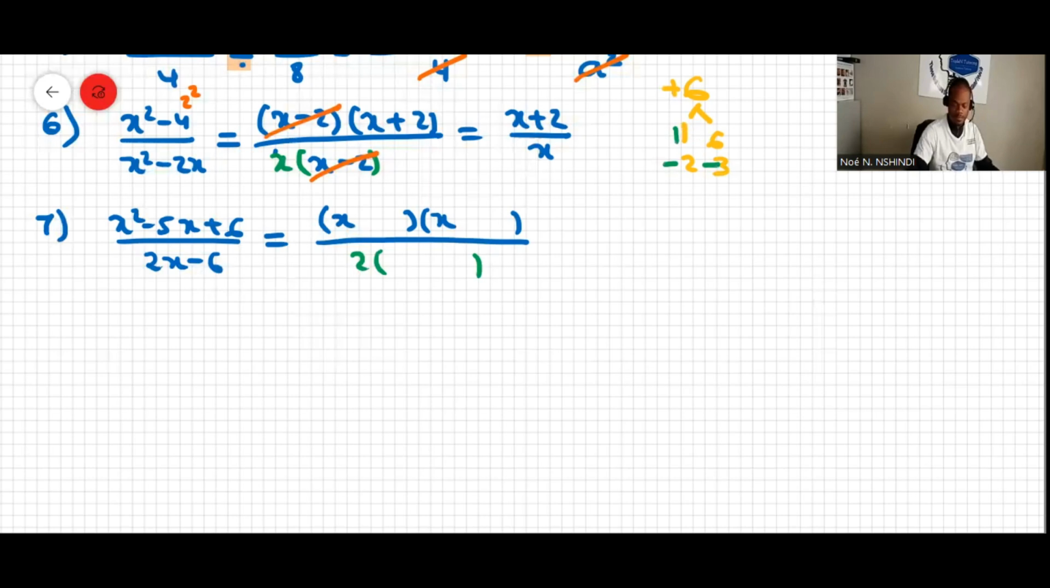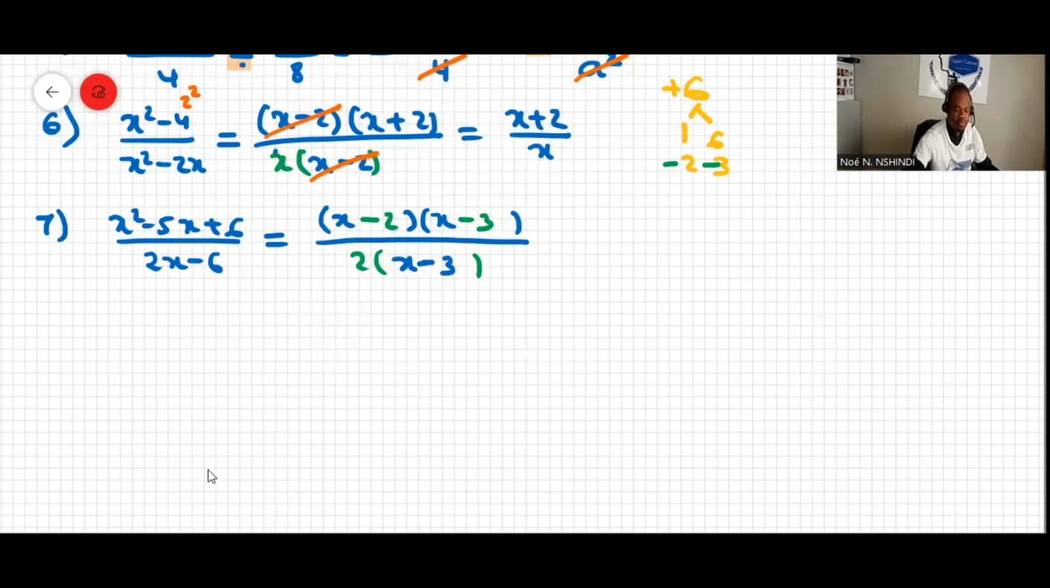Because negative 2 minus 3 makes negative 5, and negative 2 times negative 3 makes positive 6, since negative times negative makes positive. So over here, we can place in negative 2 and negative 3. And then by the denominator, it will be x minus 3. Now, can we simplify? Yes, we can simplify